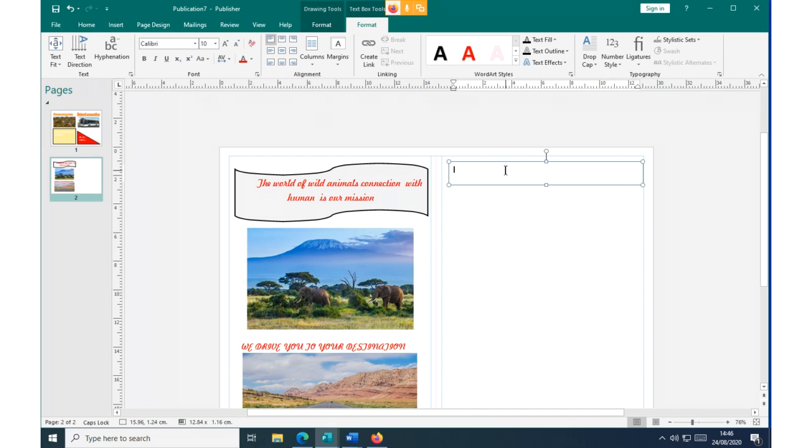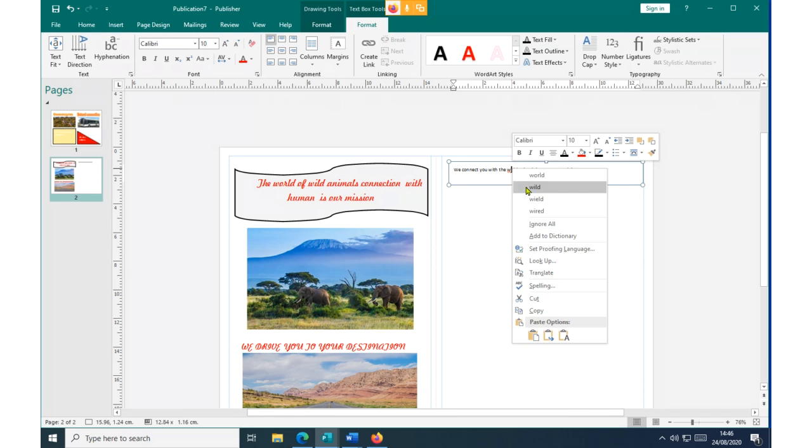Then here I'll simply say, we connect you with the wild animals in Kenya at real time. So this is another text box. We connect you with what we call wildlife at real time.